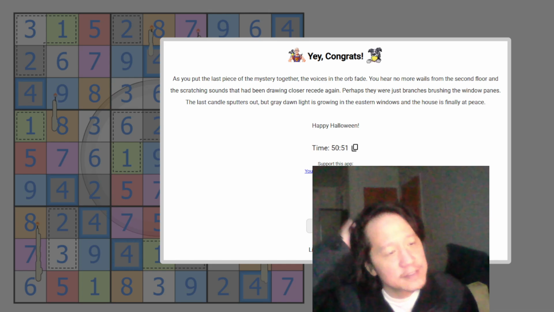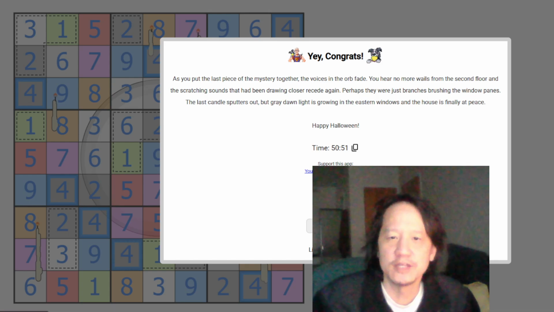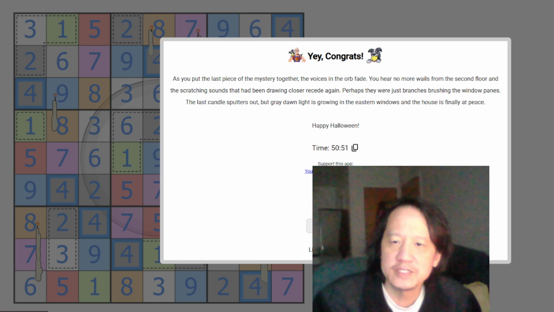And that's the solution. As you put the last piece of the mystery together, the voices in the orb fade. You hear no more wails from the second floor, and the scratching sounds that have been drawing closer recede again. Perhaps they were just branches brushing the window panes. The last candle sputters out, but gray dawn light is growing in the eastern windows, and the house is finally